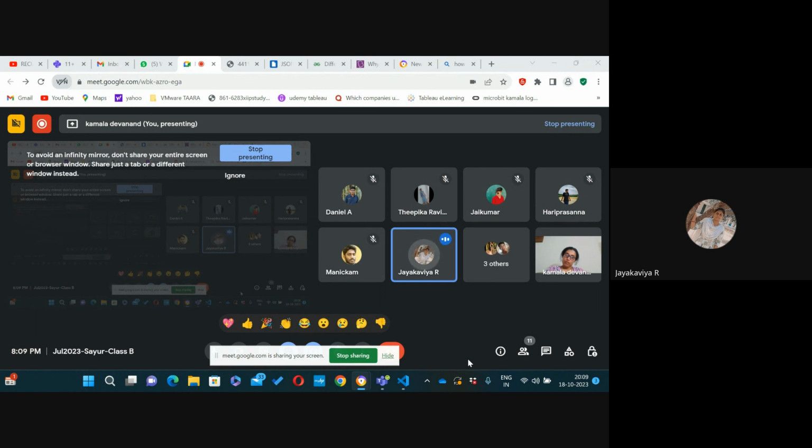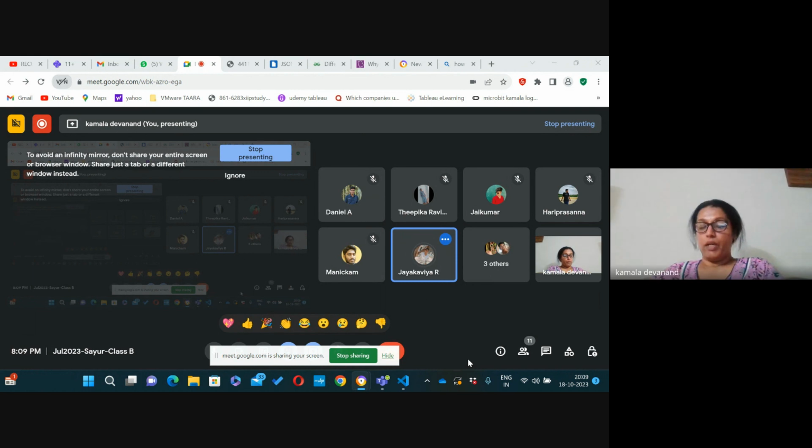1 into 2 into 3 into 4 into 5. Okay. So that is what we are going to do in a factorial of a number. And I think factorial of a number you have done using iteration. We needed a for loop. Yes, ma'am. Okay. Now the same program we'll be doing using